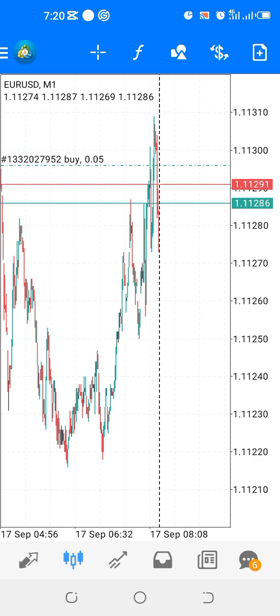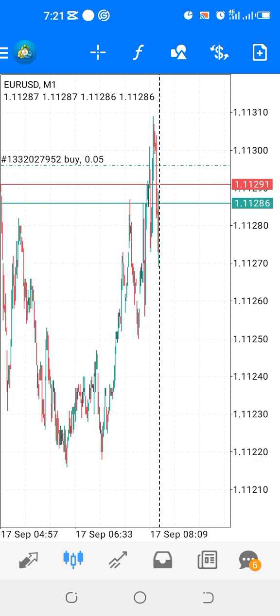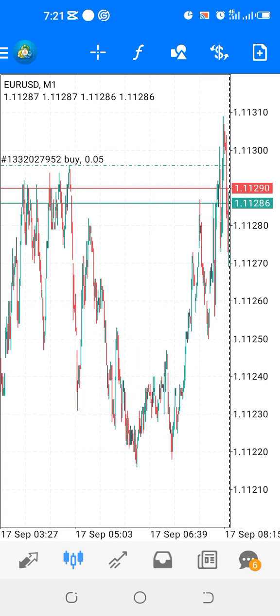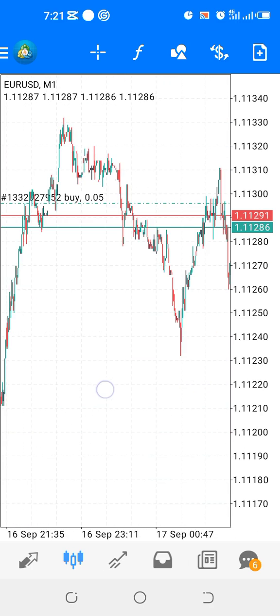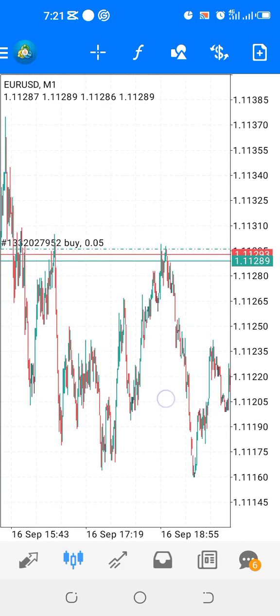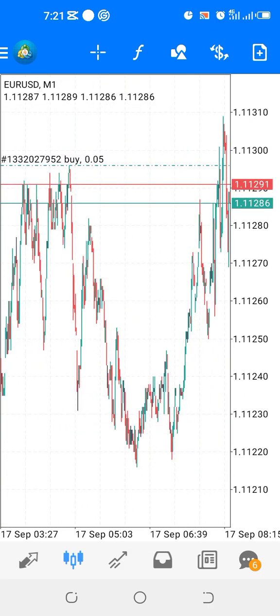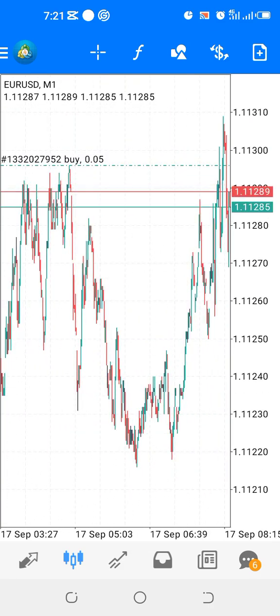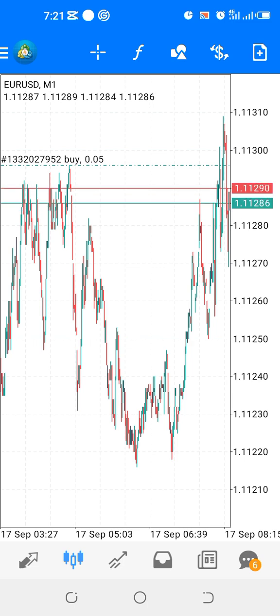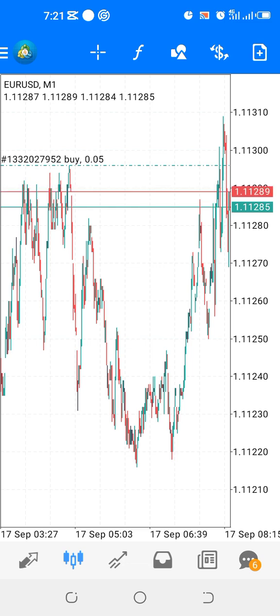So the purpose of any system is to be able to avoid whipsaws. Whipsaw is when the market is directionless. It has no clear direction, and you are likely to lose during whipsaws. The hard part about those goals is that they contradict each other, and our task is to find a compromise between the two goals. So let's look at some of the steps you must take into cognizance when designing your trading system.